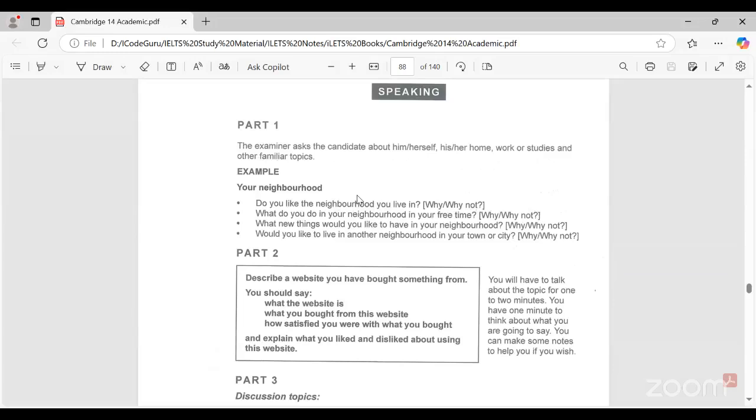Okay, we are doing speaking practice here. This is the part one question, and I have asked that question. We usually ask one question at a time, so that's why I asked if you would like to answer this question first.